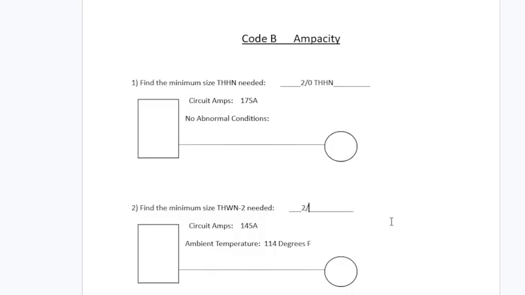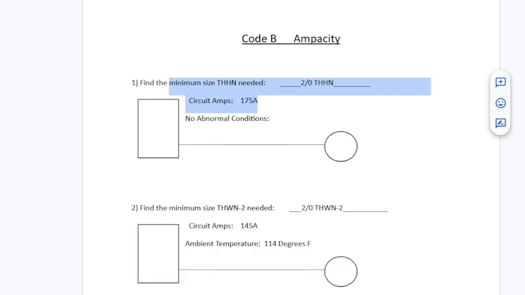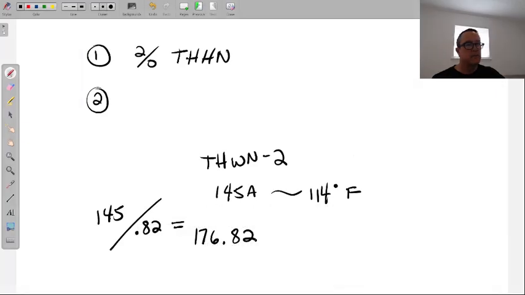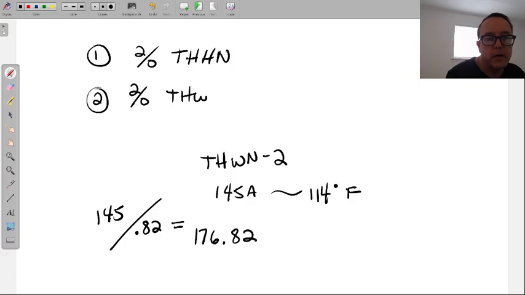And this one, coincidentally, is also a 2-aught. But THWN. Same almost. Two different approaches. The one above it, just no abnormal conditions. We still got that conductor, but this one has an abnormal condition, so we went a little bit bigger on that wire. I'll put it here. 2-aught THWN2.